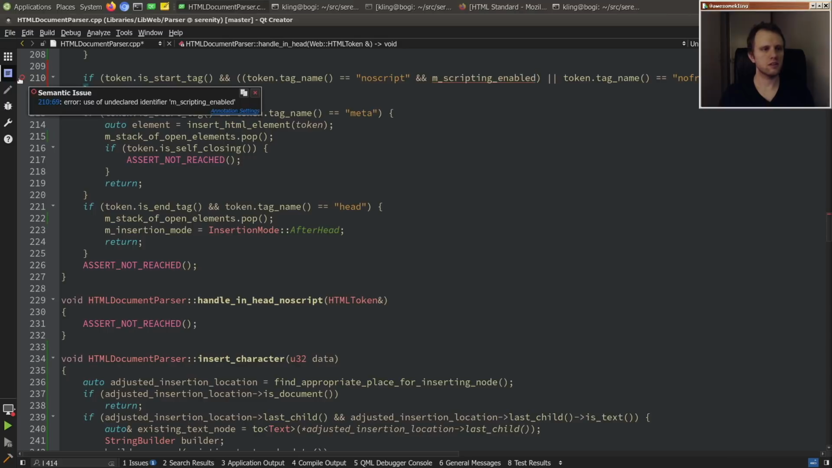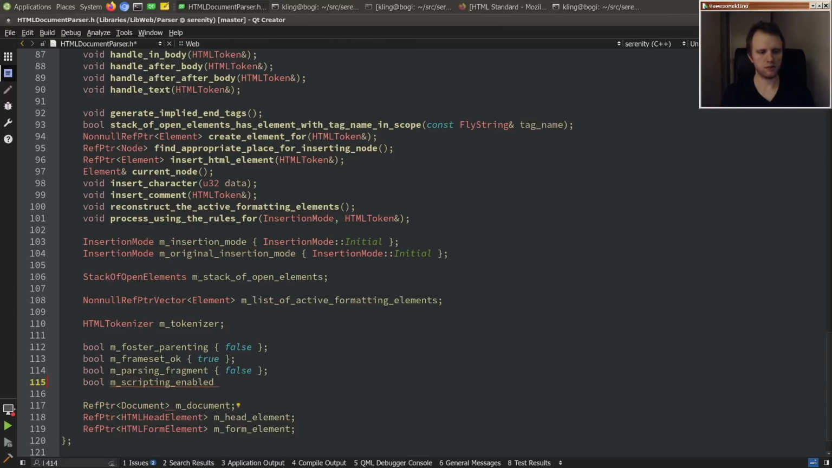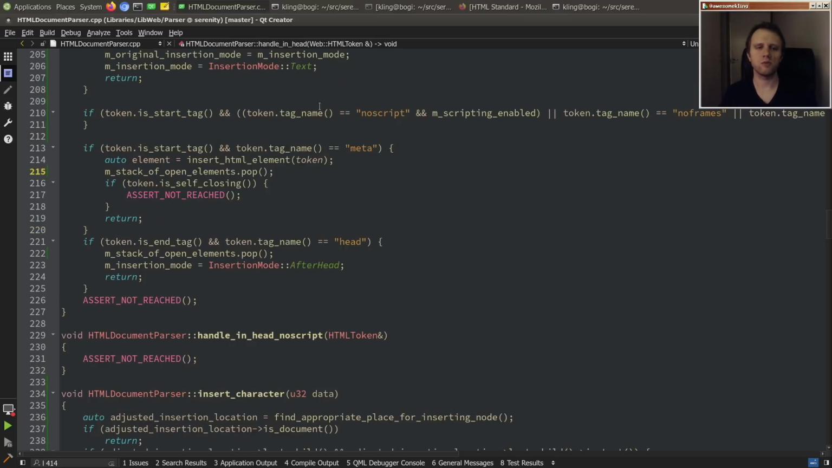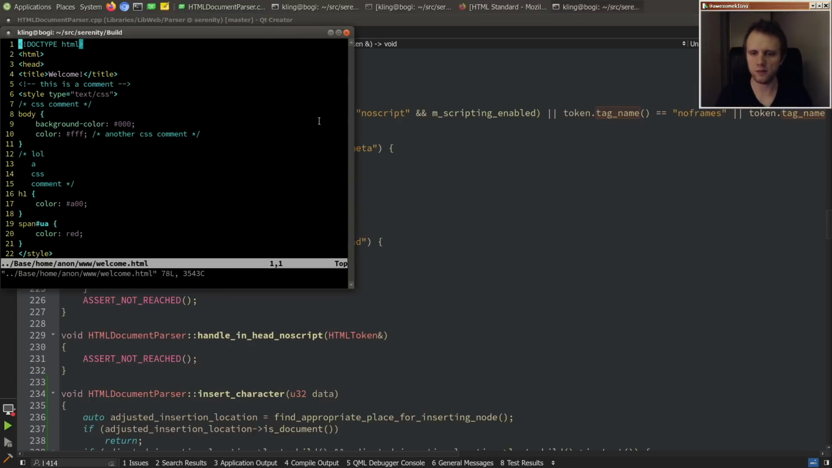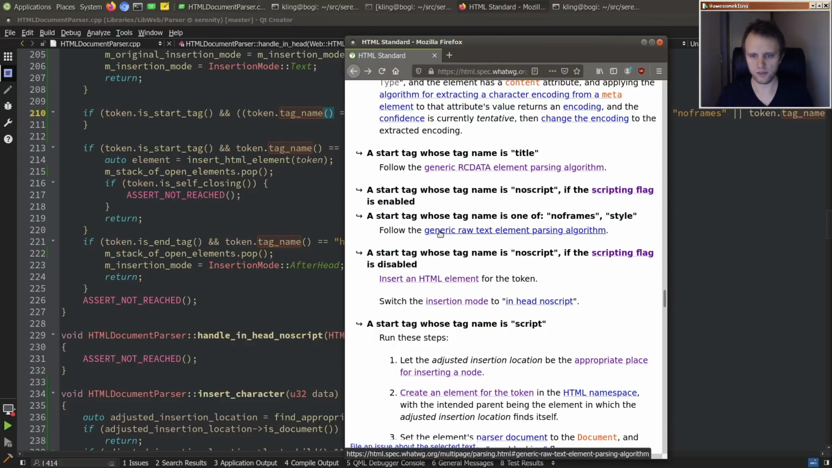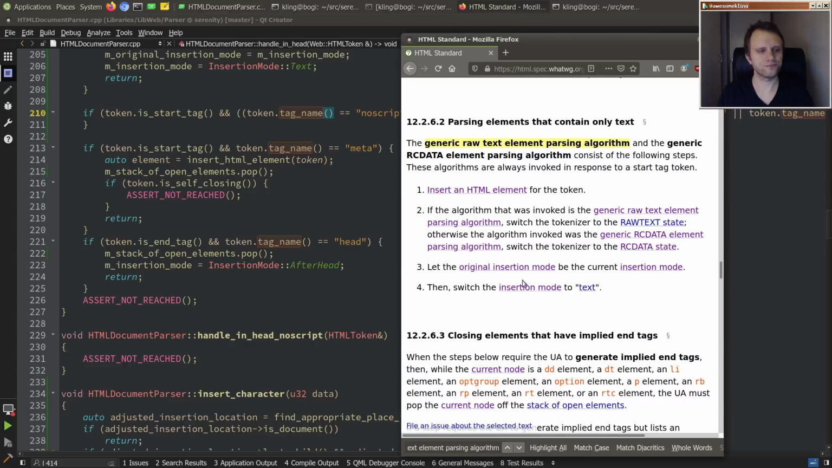Okay, then we just need to add that Boolean thing, scripting enabled. We'll just say always true, because in the future we might want to have the ability to turn off scripting, but right now we don't care. And then we should follow the generic raw text element parsing algorithm. That one is invoked in more places, so